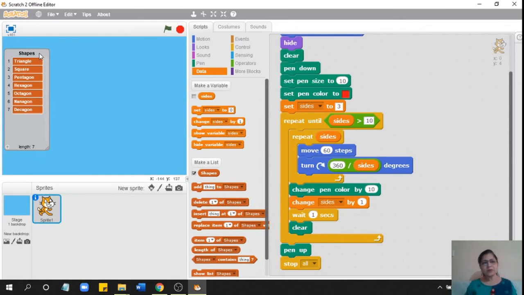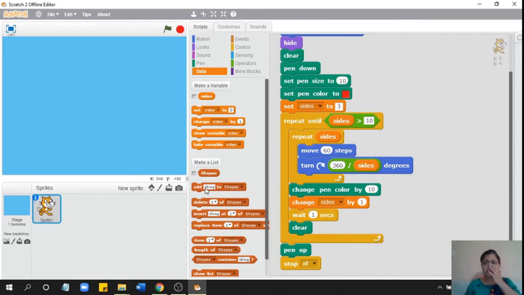Now if I don't want this displayed here on the screen, I can just remove it by clicking on this, but it is there. If I click it again, it will show. Just like when you create a variable, these commands come automatically, when you create a list, these commands come here automatically. These commands we use in programming later on.